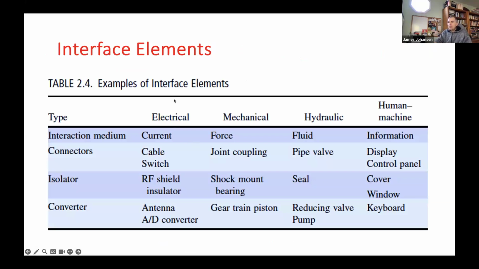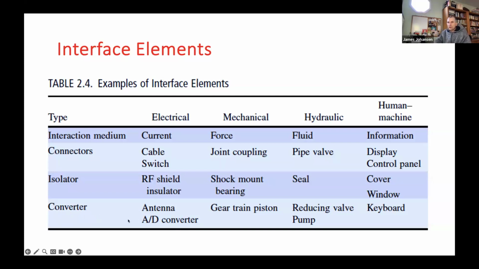So here are just some examples of interface elements. Maybe there's connectors, and so you're trying to get information from point A to point B. Maybe there's isolators, and so you're trying to prevent thermal feed through of heat from one point of a system to another. Or maybe you need to convert things. Maybe you have batteries on a plane and you need to convert it to AC. Or maybe you're on a satellite or a CubeSat and you have a 28-volt bus, and you need to have things at 5 volts, 12 volts. And so there's various things that need to be